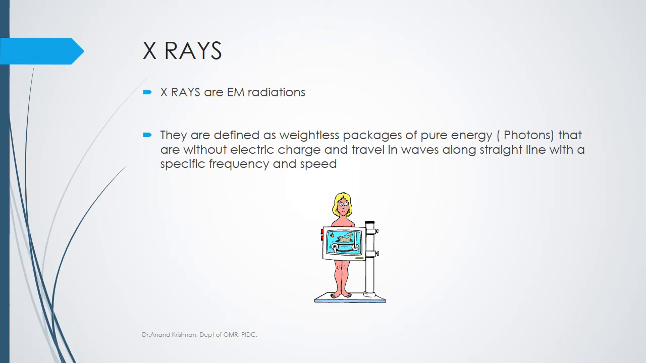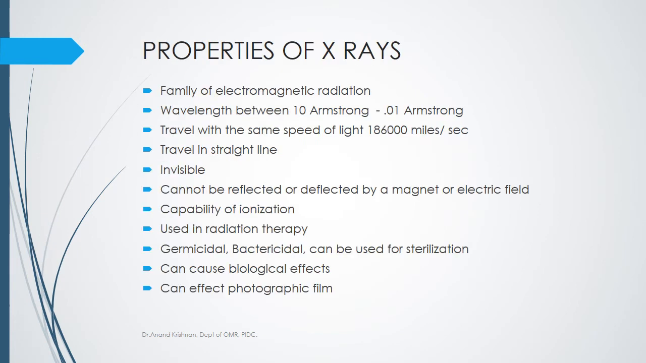They are defined as weightless packages of pure energy, photons, that are without electric charge and travel in waves along a straight line with a specific frequency and speed. So the properties of X-rays are that it belongs to the family of electromagnetic radiation, and the wavelength is between 10 Angstrom and 0.1 Angstrom, and it travels at the same speed as visible light, and it travels in a straight line. It is invisible, it cannot be visualized,